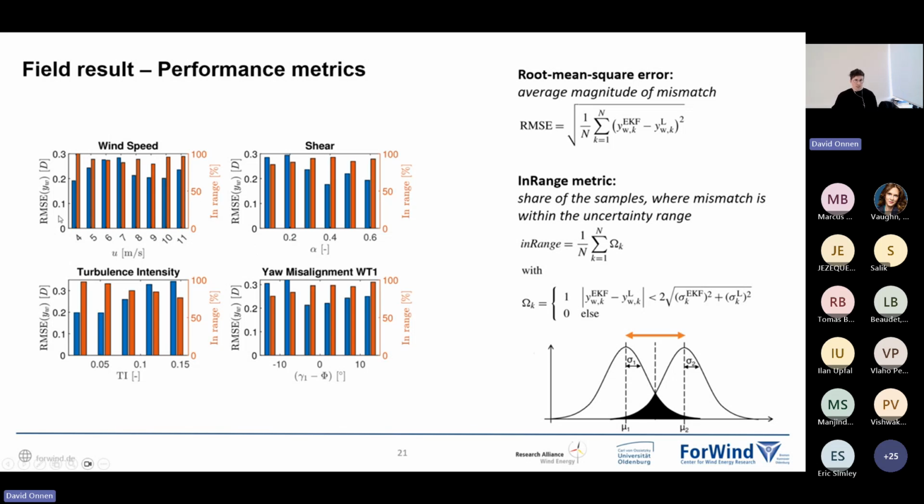Generally, we see that this in-range metric is usually between 90 and 100%. So it shows that within the limits of uncertainty, we get quite good estimates. Root mean square error shows some differences. The shear and the yaw misalignment have some influence, but